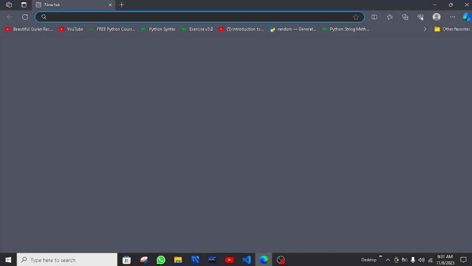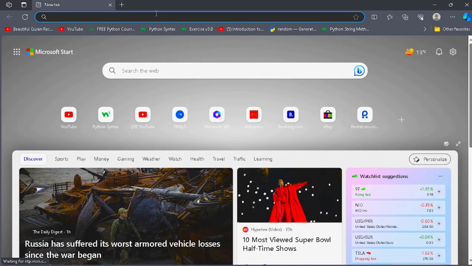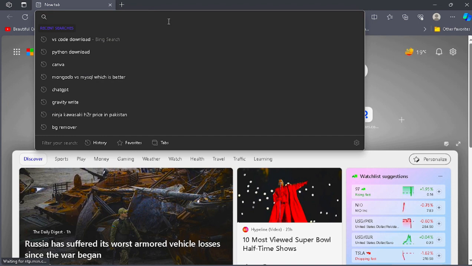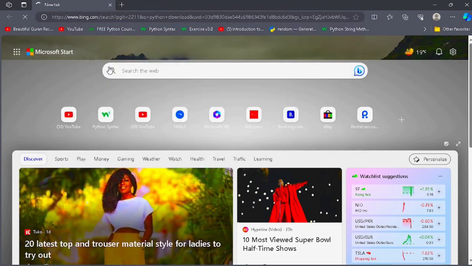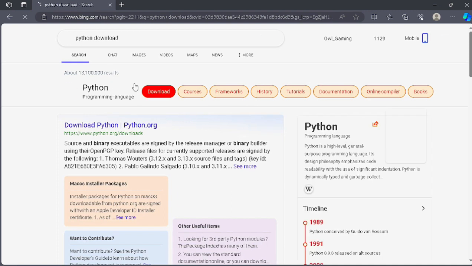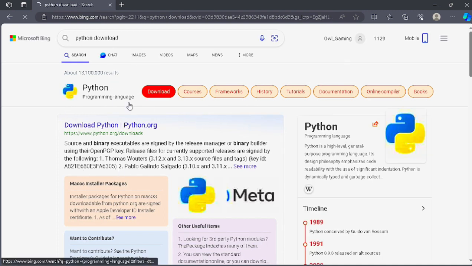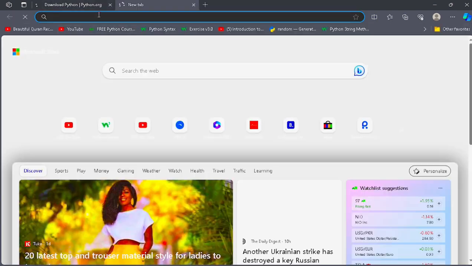Focus on our topic. Okay. So when you open your browser, type Python download and click here. When you click, you can see this interface: Python download, python.org. I will also provide this link in the description box, so you can follow the link there. I will keep this tab. Now open a new tab